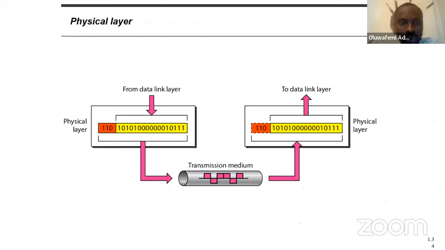Now, physical layer, zeros and ones. I don't want to know the data you are sending. Everything boils down to zeros and ones. I'm not sure you know about hexadecimals, how it's converted to bytes, kilobytes, and gigabytes. Do you understand? How many bits make 1 byte? Does anybody know how many bits make 1 byte? Does anybody know how many bytes make 1 kilobyte? Somebody is raising his hand.